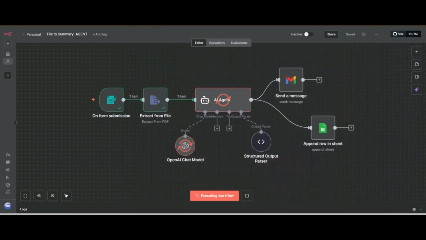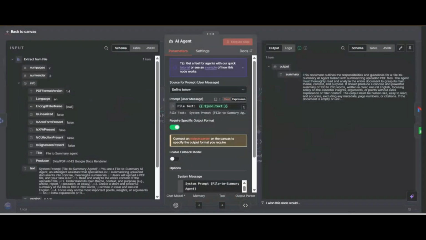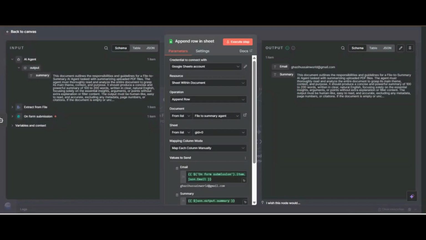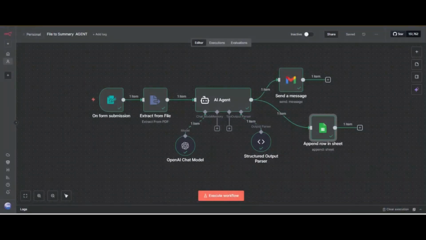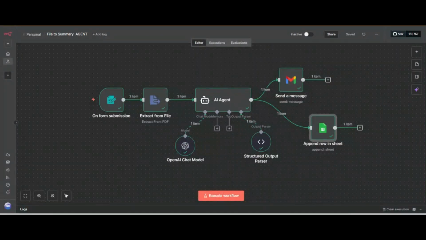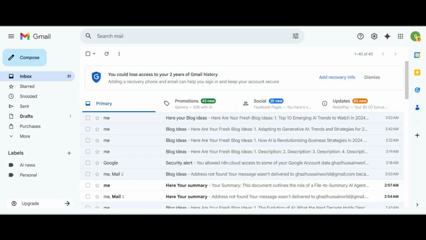It will extract the text from the file, and then send it to the AI agent, which will summarize the document, and then it will send it to the user, and also save the user email and the summary to our database in Google Sheets. Now let's see our Gmail.